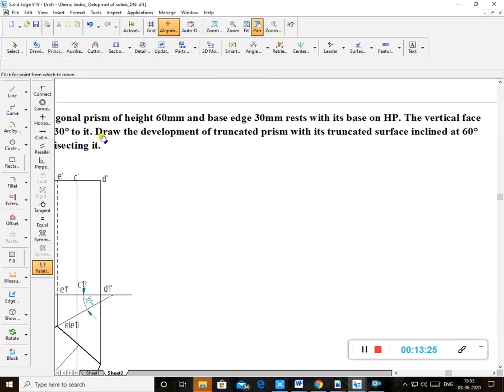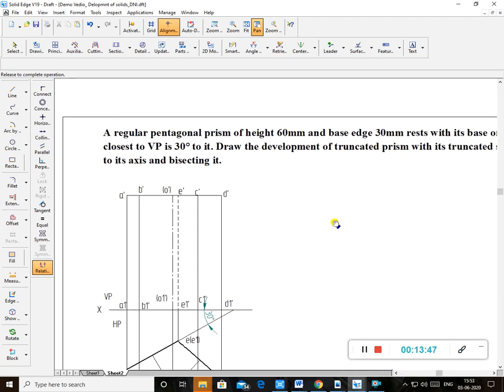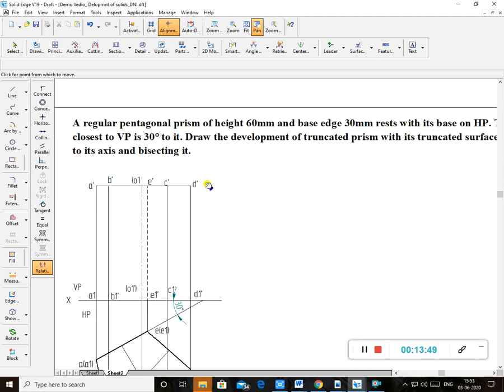He says to draw the development of the truncated prism with its truncated surface inclined at 60 degrees to its axis and bisecting it.